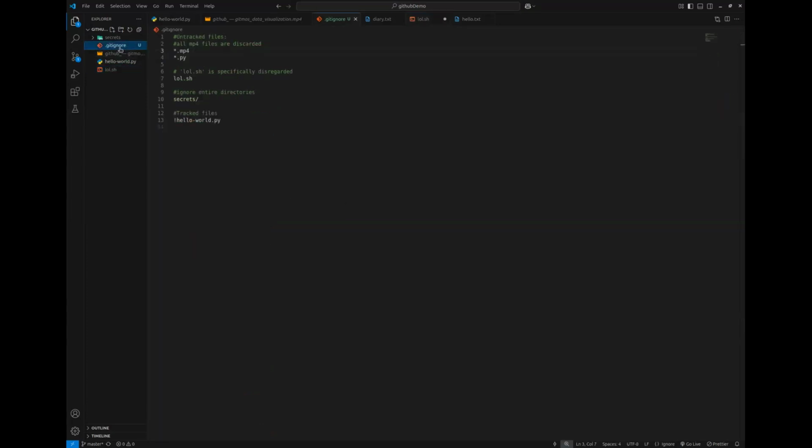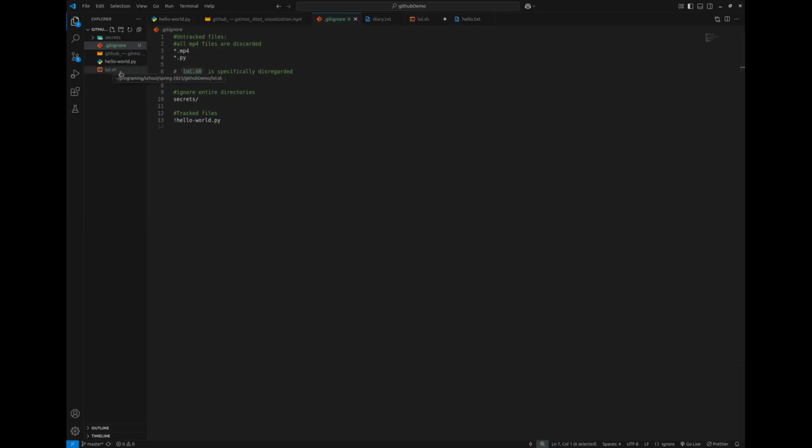So something really cool here is going to be this .gitignore file. The .gitignore is going to be a hidden file, just like your SSH folder, or file, I should say. This file is what Git looks at when you initialize it to see what it should track and what it shouldn't track, right? So right here, I have it say all MP4 files are ignored and all Python files are ignored. Right here, I designate this specific file. This is another way you could designate what not to be tracked. Everything in here is not tracked.